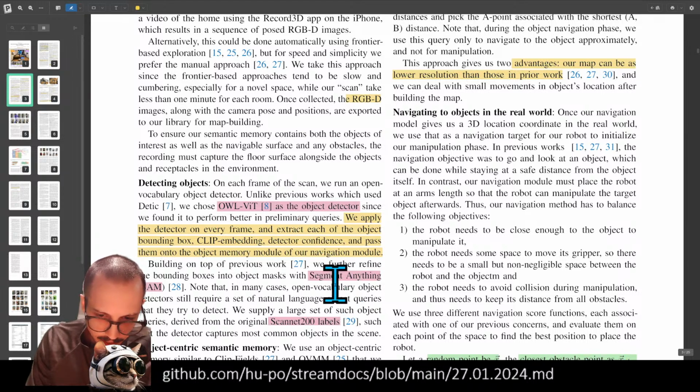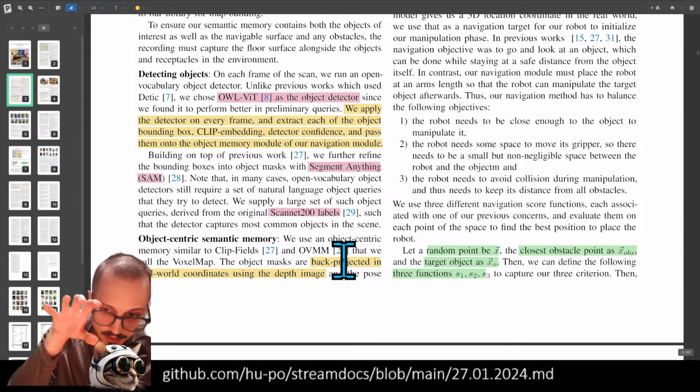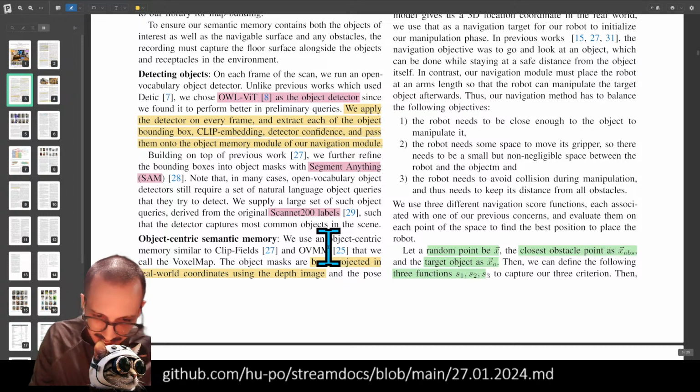So once they bounding box and then segment out some specific object, they can say, okay, what specific pixels in the depth image correspond to that, and because I know the world coordinate position of my head, I can project forward and get an estimate of the position of this object